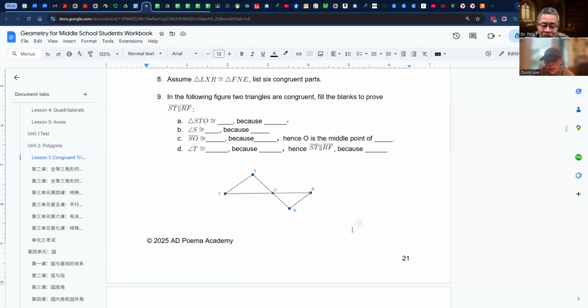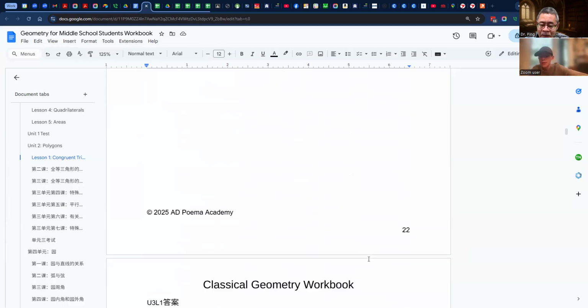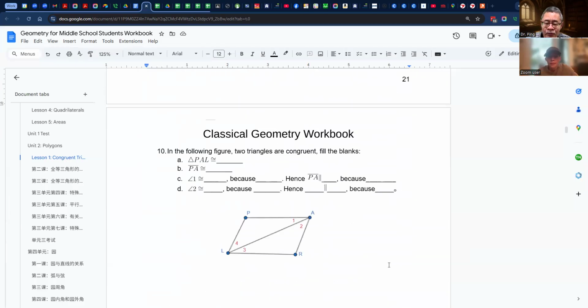Okay, all right, we got the last one here. In the following figure, two triangles are congruent. Fill in the blanks. Basically, we're talking about triangle LPA is congruent to triangle